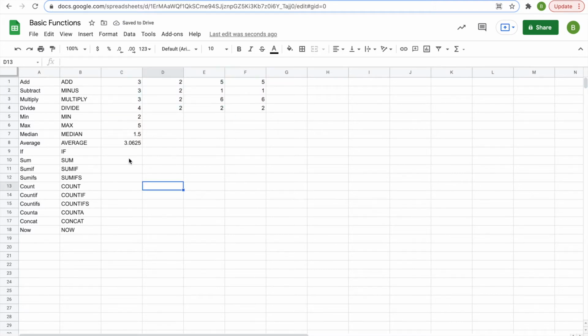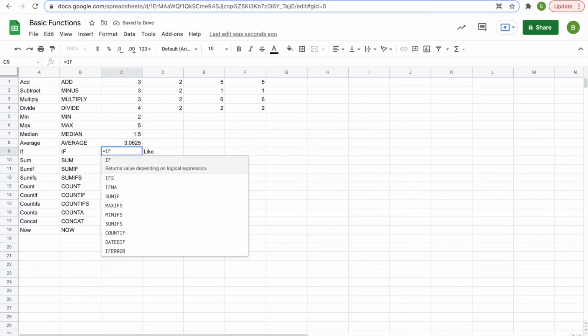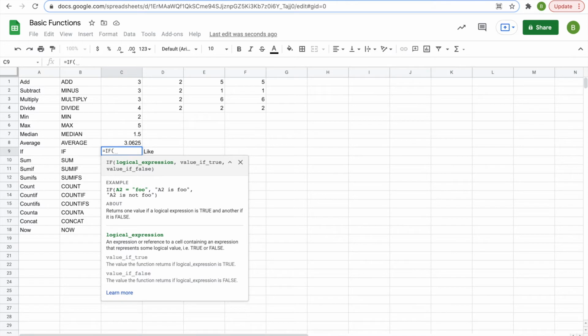Now, those functions were all pretty simple, so we're going to move on to some that you might not have known before this video, starting with the IF function. What the IF function does is it returns a value based on a logical equation. So say we have the word "like" here. So we'll type in our IF function next to it, equals IF, and then we'll click